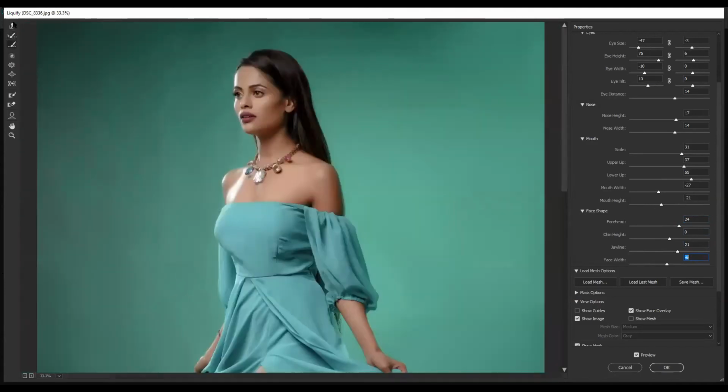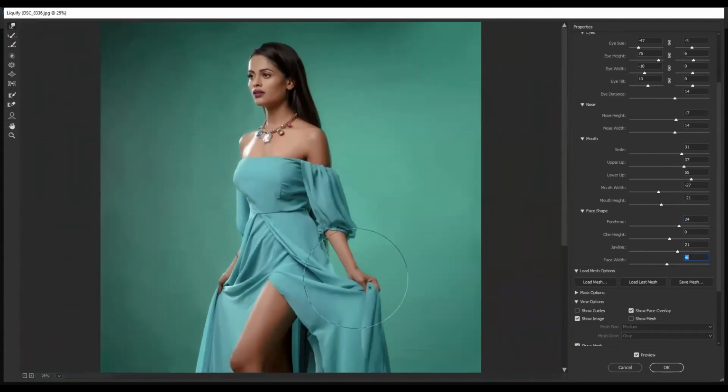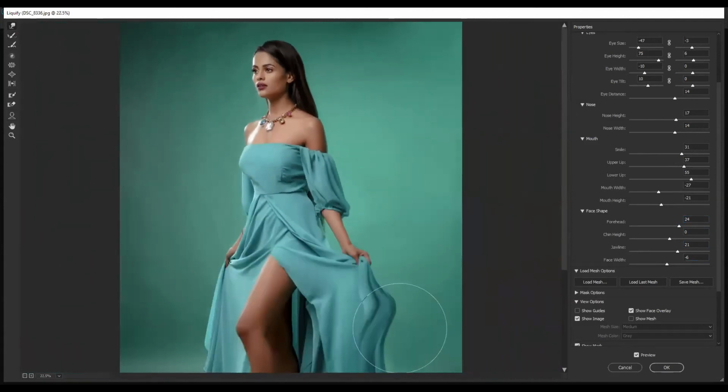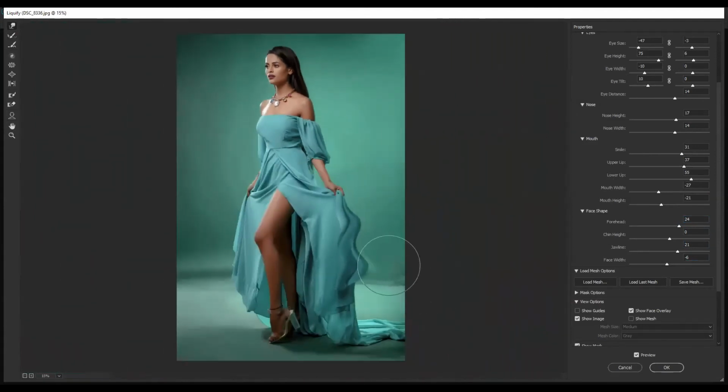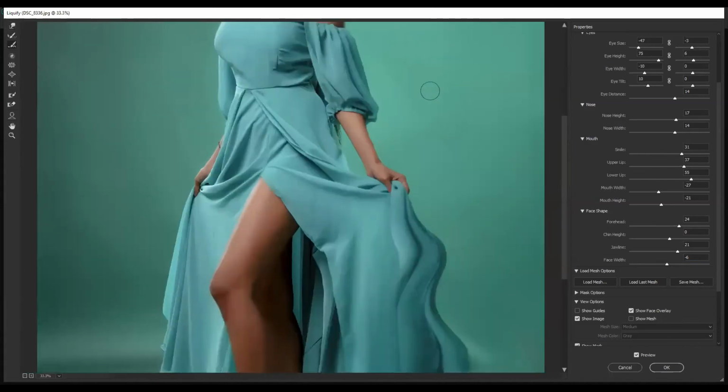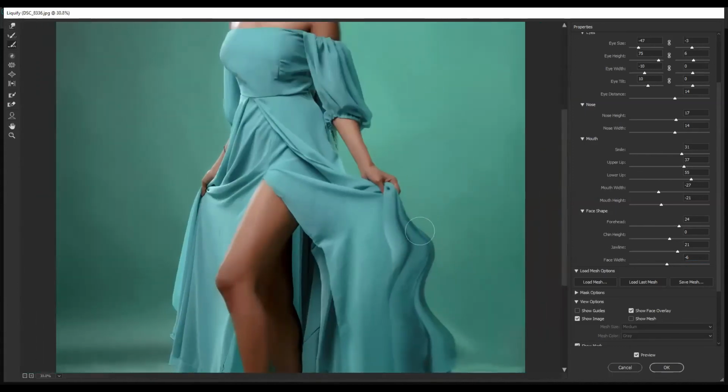Now, suppose I make an adjustment of this, I am enhancing this area. Now, what does a smooth tool do? A smooth tool tries to help us in smoothing the edges very cleanly.